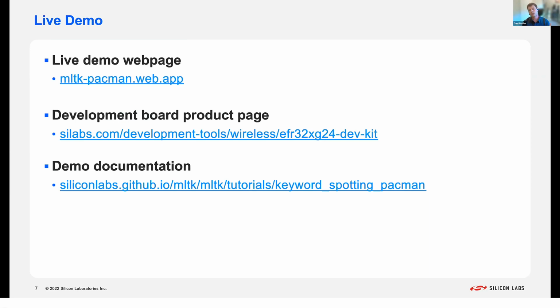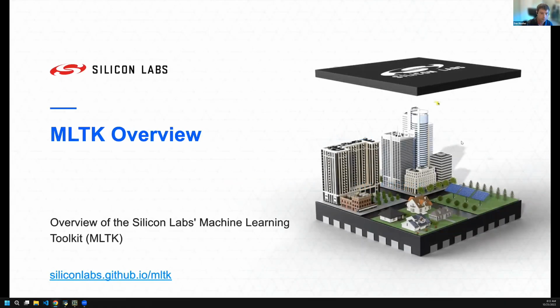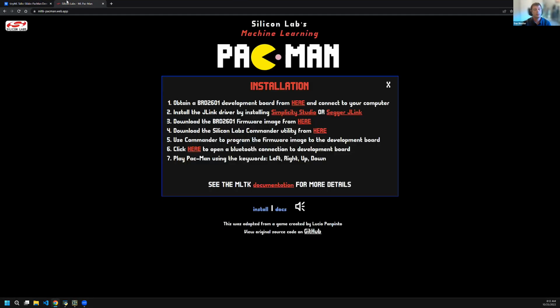I'd like to note that this presentation aims to be a little bit more high level, just covering some of the higher level concepts used for this demo. For more thorough details on how to actually create the machine learning model and deploy it to the device, please see the tutorial on the MLTK's docs website. So, without further ado, let's jump right into the demo. So here's the live web page,